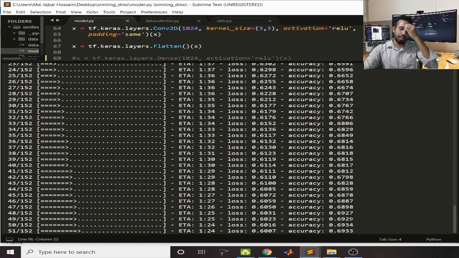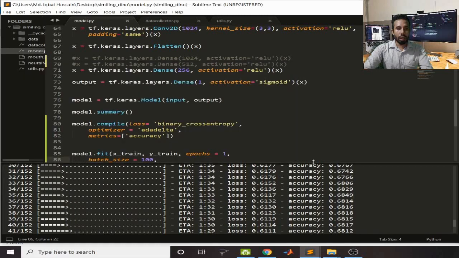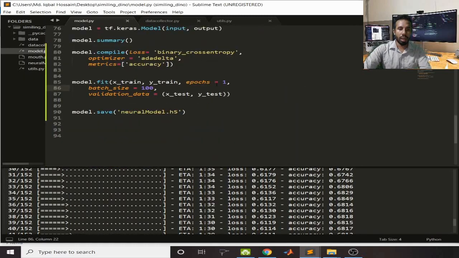I'm going to use just one epoch here. You should use more than one. Try with 10 to 15, and you should also test the accuracy on the test dataset. If you get a better accuracy for the test set, then your model is a generalized model. If you have high accuracy for your train set but low accuracy for your test set, then that model is not good for you. That model will not give good output.